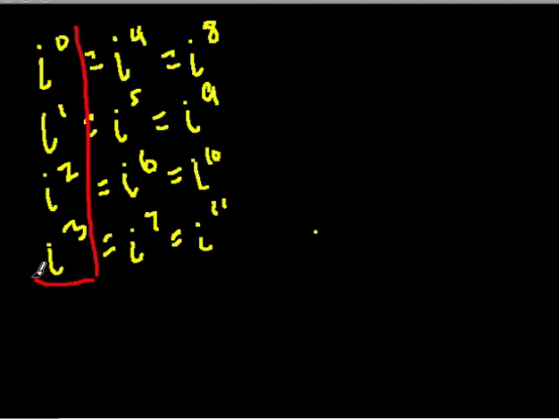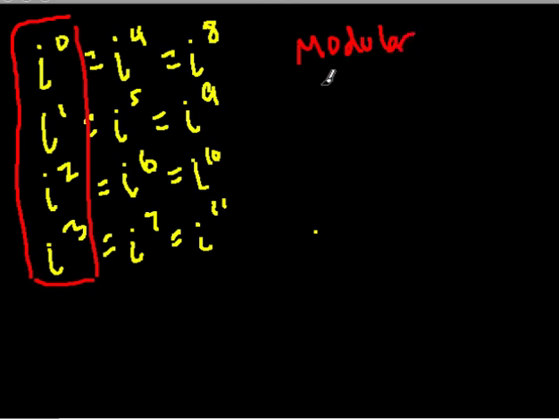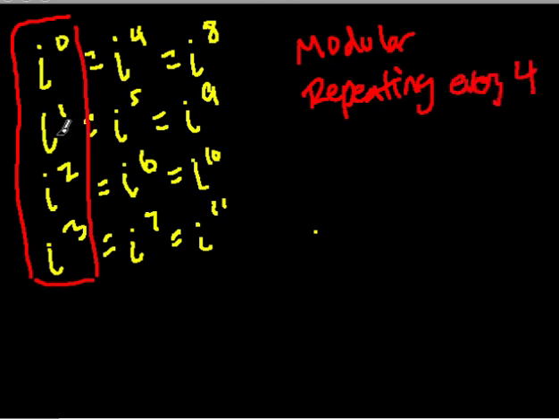So really, we only need to figure out any i, and this is what's so fun about the imaginary numbers, we only need these 4 original numbers, which make this pattern. And this is modular arithmetic, because we have a modulus where it's repeating every 4. And what that means is that we could write them out like this to figure it out, but if I could give you something like, I don't know, i to the 114th,